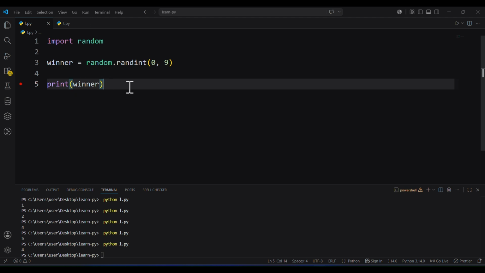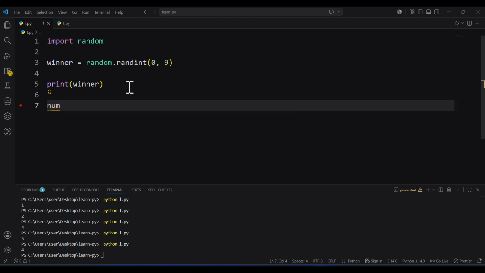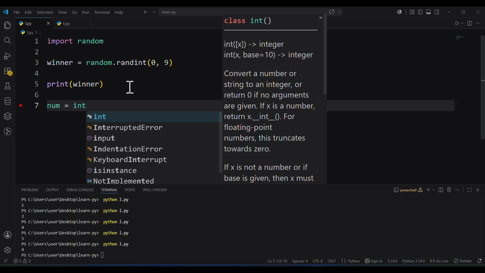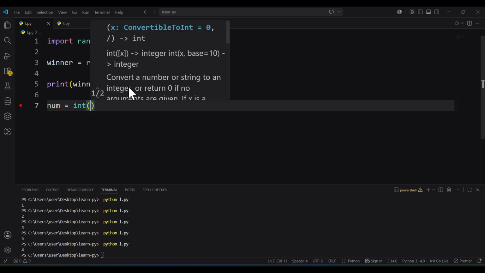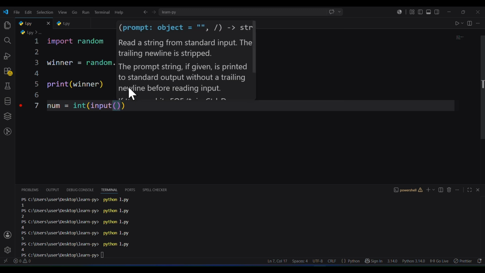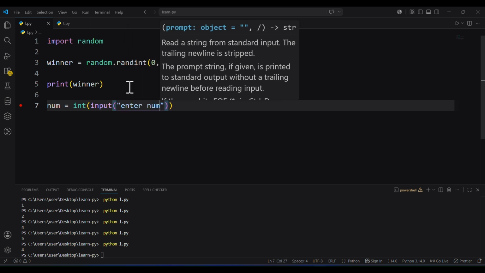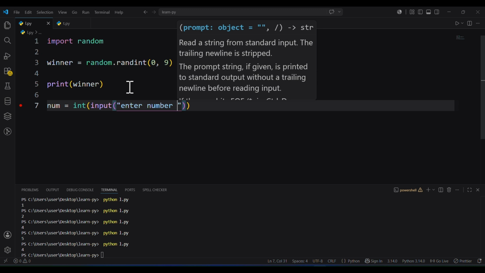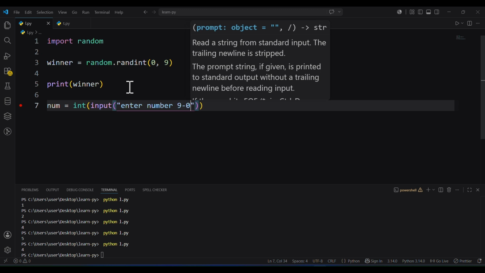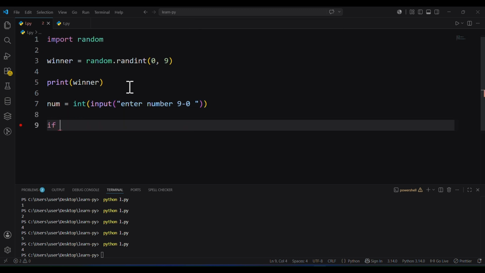I will make something. Num is equal to integer input, enter number. I will write enter number 0 to 9. Okay, if num is equal to winner,